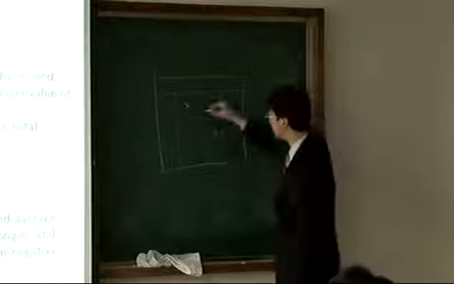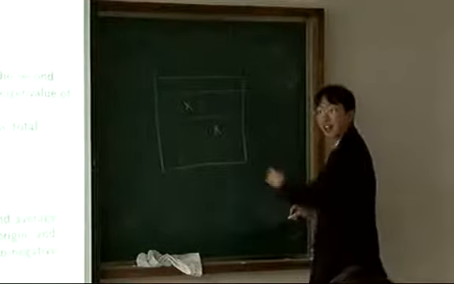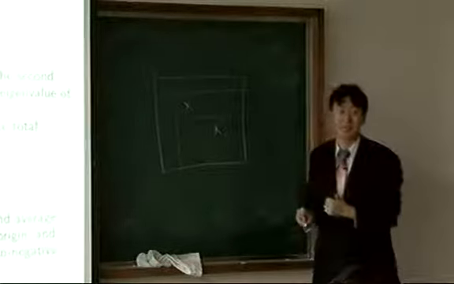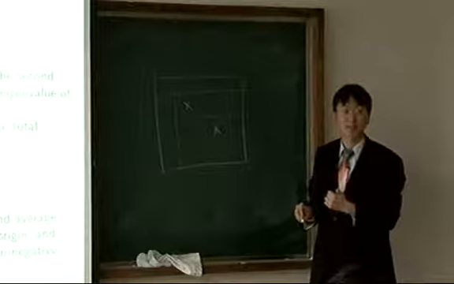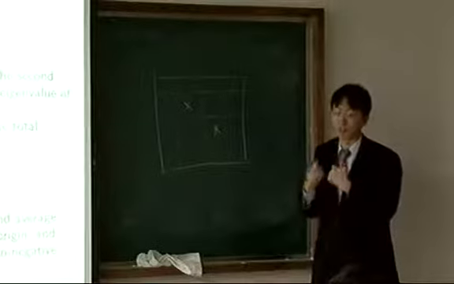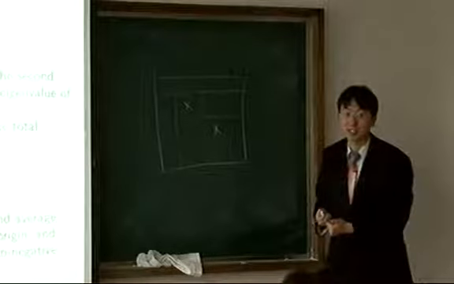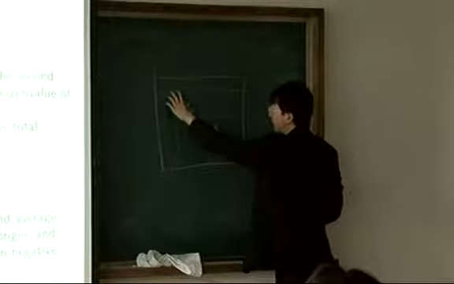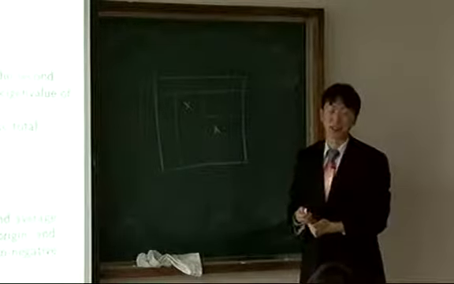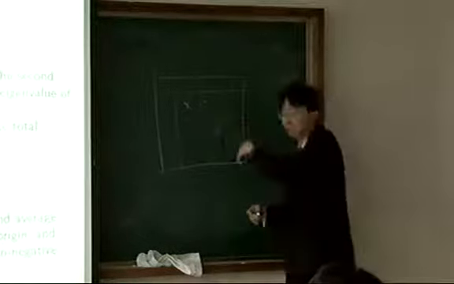So the idea is to consider the distance between these two particles and find the probability of having those two particles in the same cell. In some cases they are in the same box, in some cases they are not. We find the probability of having those two particles in the same box, and we move this grid or this division continuously, and then take an average, and finally we multiply a suitable factor which comes from the probability of having two particles in the same cell.